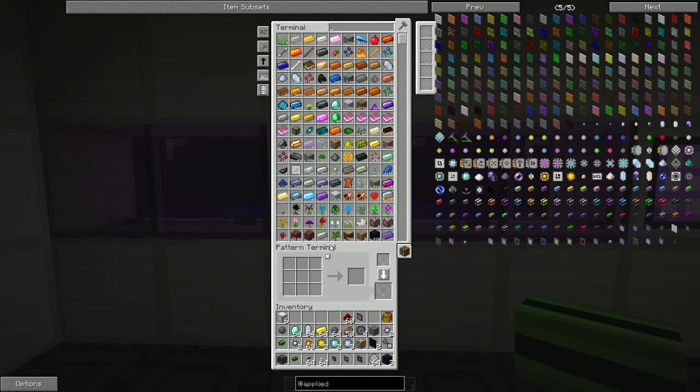Okay, and there you go. It's basically this. And what you can do with this is, if you click on this, you can change the output. Because if you put, say, gold in there, it will give you that. Well, we don't want that. So we want to be putting our own thing in. So if we put that into there,